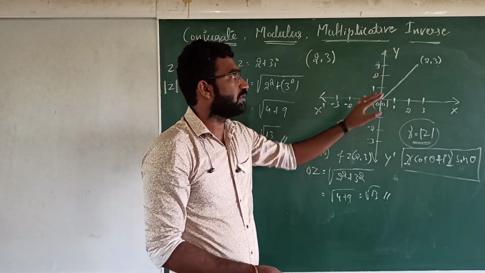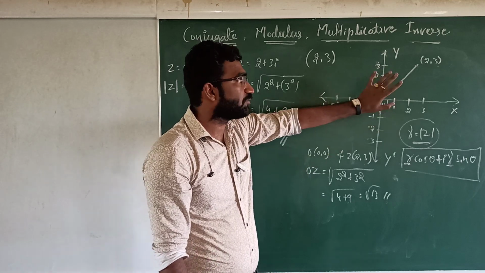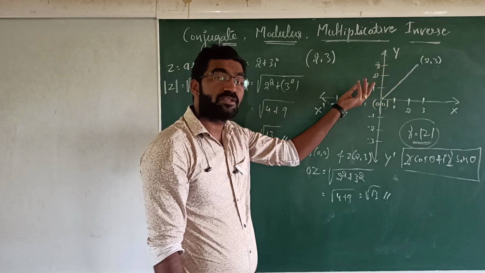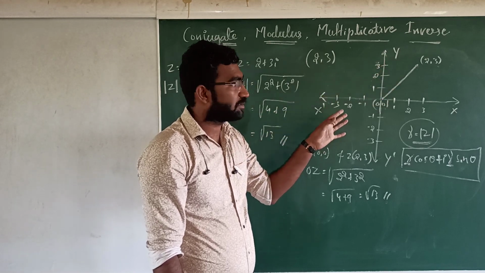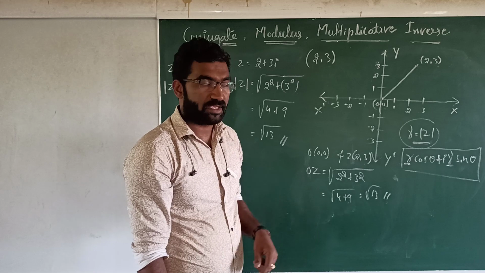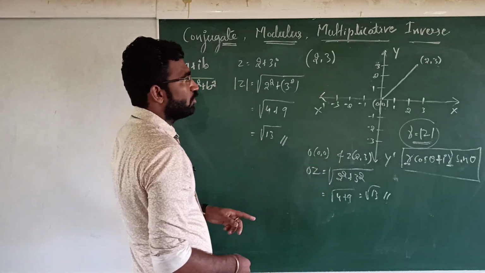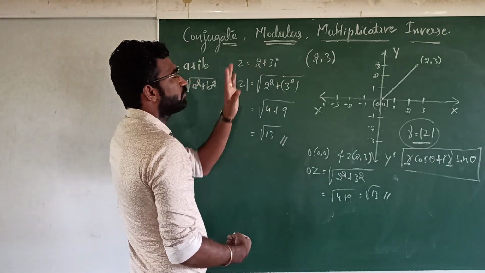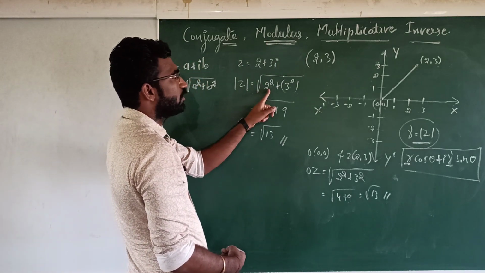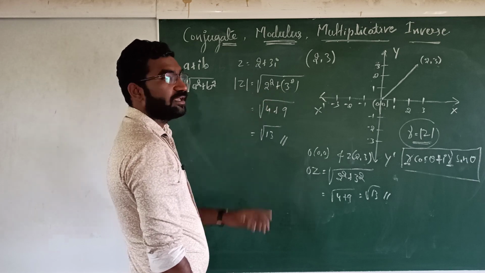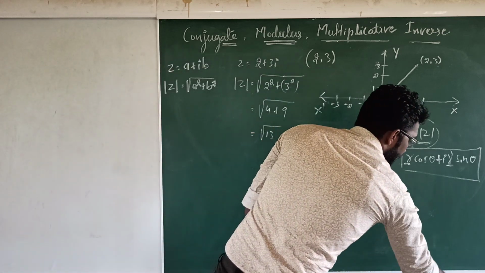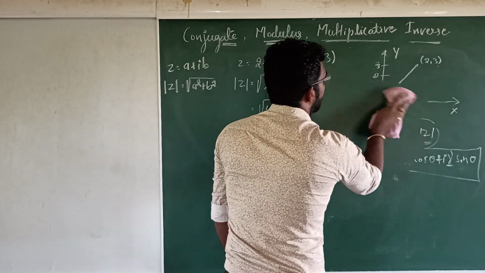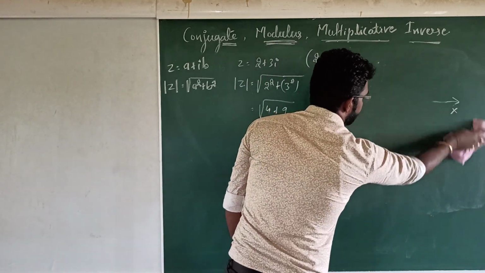Actually this plane is not a real plane; we will consider it as a complex plane, which is also called an Argand plane, right? That we are going to see in the next videos. No problem. For the sake of understanding, you should understand that modulus means mod of z, the square root of real part squared plus imaginary part squared, right? I'll take a few more examples to make you understand what the modulus is exactly.